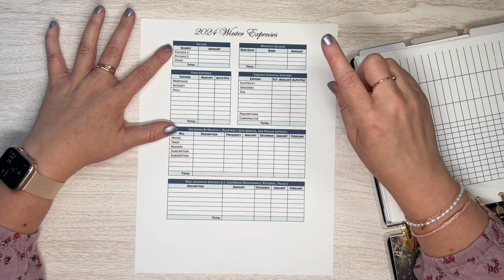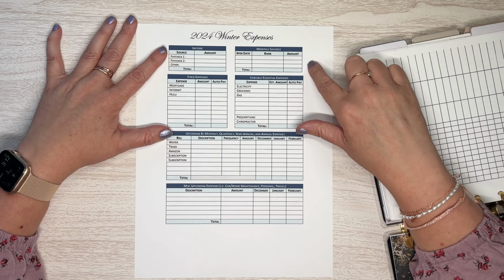So I have my income. I have my monthly savings, because I do want to transfer money to my savings account each month. So I want to account for that on here. Then I have my fixed expenses. So right now it's like mortgage, internet, Hulu. There's more. I couldn't think when I was creating this. So I don't know. But a lot of my